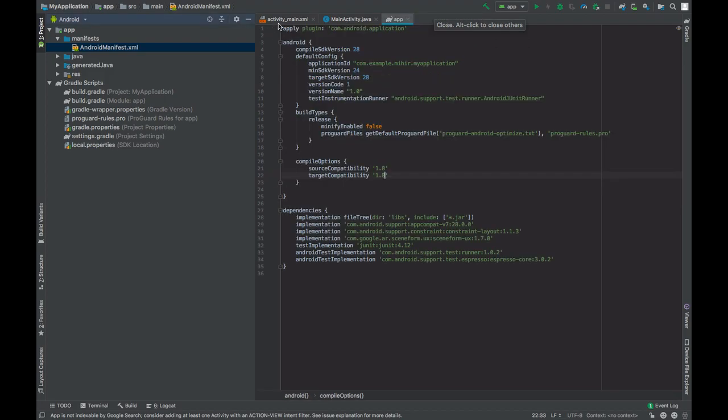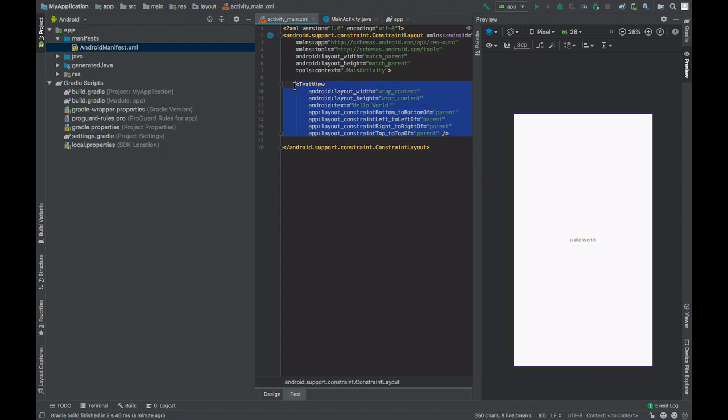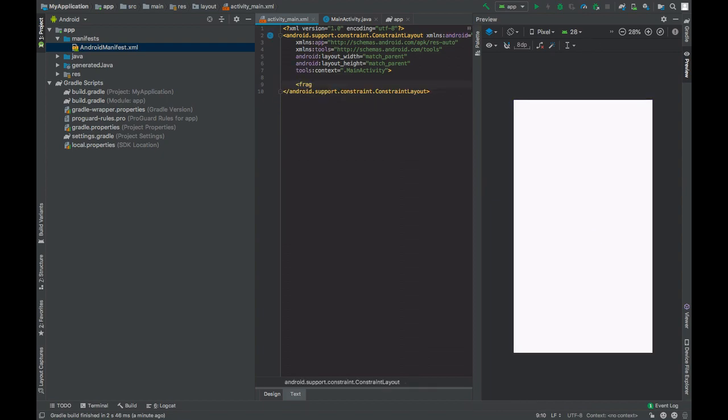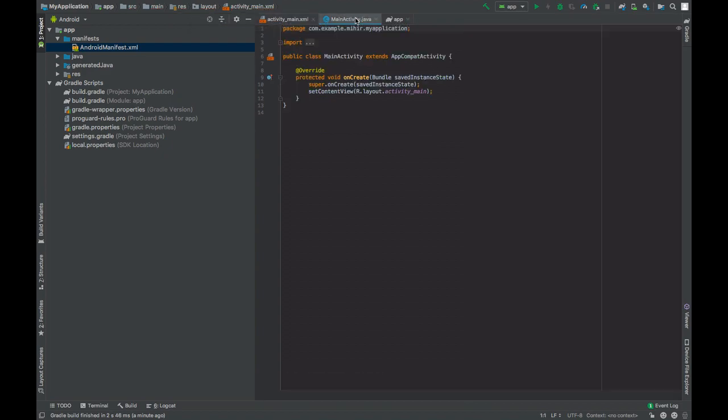Go to activity main.xml file and add a fragment with a height match parent, ID fragment, and the name. Go to main activity.java file,